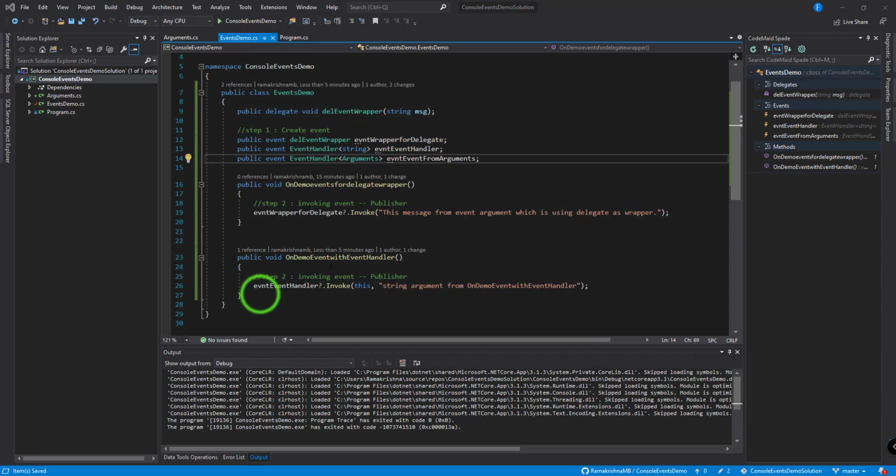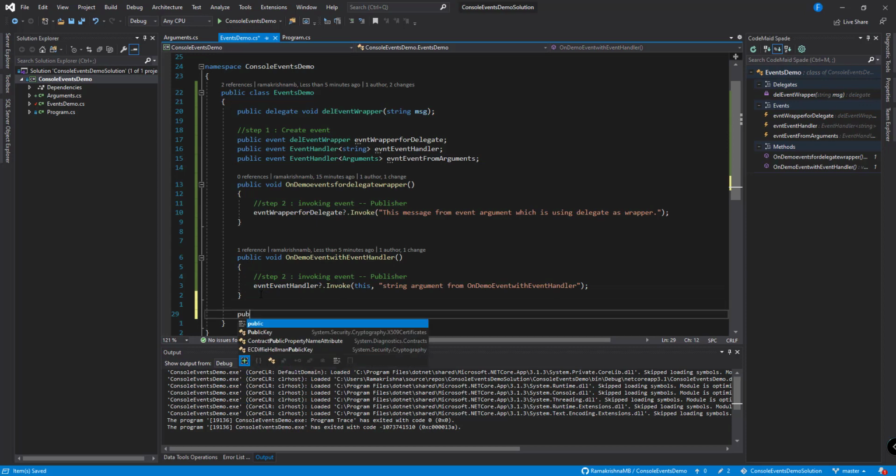To invoke this event, let me create a method, public void on, as a standard practice, prefix on with the method name. Let me give show off with arguments.